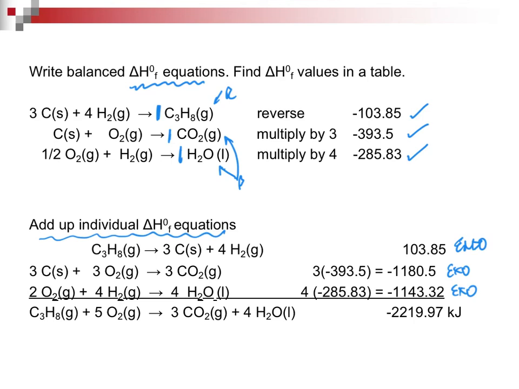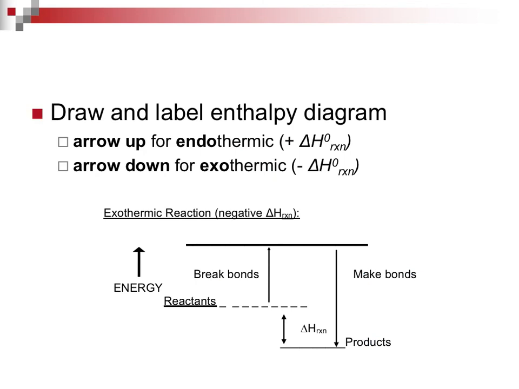You now know how to write heat of formation reactions. You now know where to get the actual numbers from, and you should make sure that you can teach yourself where they go on the diagram. Where that comes from, it is from when we have rearranged and balanced the equations, we've added up the individuals, and that gives us the heat of reaction. So the take-home message is, you now can draw and label an enthalpy diagram. You would have an arrow going up for an endo reaction because it's a positive delta H0 reaction. You would have an arrow going down for an exothermic reaction because it is a negative.